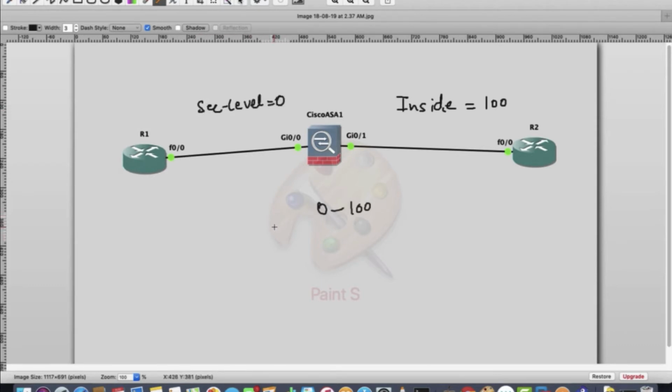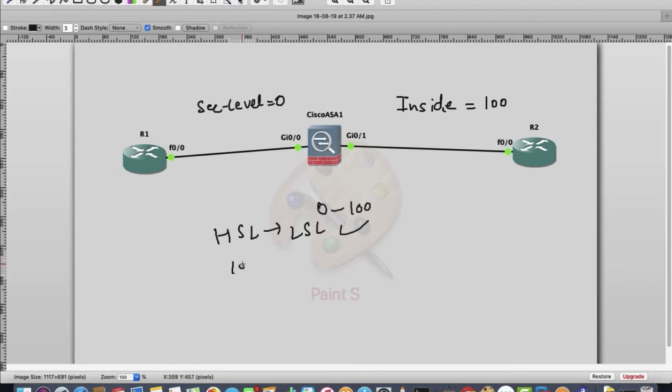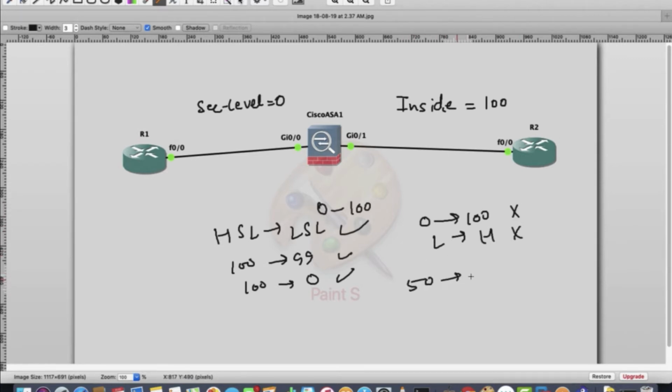So the rule is that traffic from a higher security level to a lower security level will flow. Like from 100 to 99 it will work, 100 to 0 it will work. But the other way around is not possible, like 0 to 100, or lower security level to higher, will not work. Even from the same security level, like 50 to 50, will not work, 10 to 10 will not work. So you need to have a different value set.